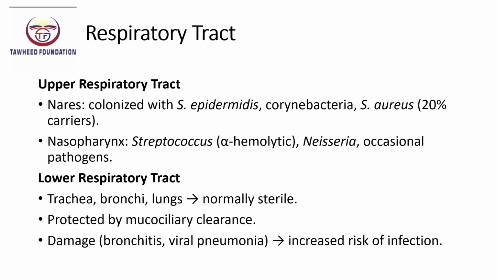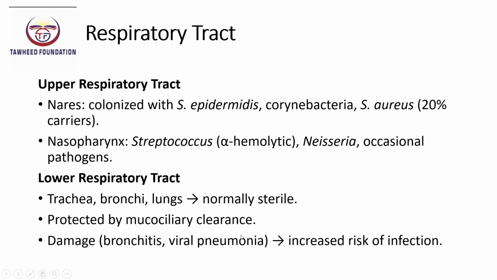Next is the respiratory tract. The nares, which are the nostrils, are always heavily colonized, predominantly with Staphylococcus epidermidis and Corynebacteria, and often, in about 20% of the general population, with Staphylococcus aureus, this being the main carrier site of this important pathogen. The healthy sinuses, in contrast, are sterile. A large number of bacterial species colonize the upper respiratory tract, the nasopharynx, and include predominantly non-hemolytic and alpha-hemolytic streptococci and Neisseria species, and sometimes pathogens such as Streptococcus pneumoniae,